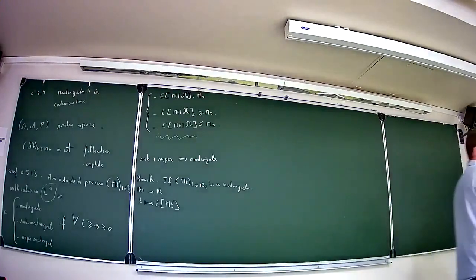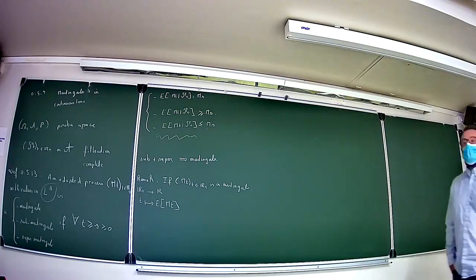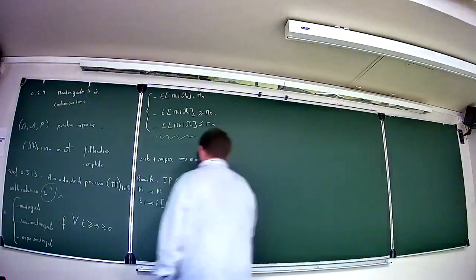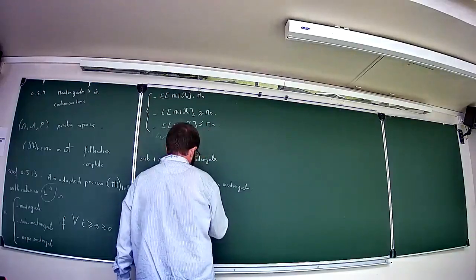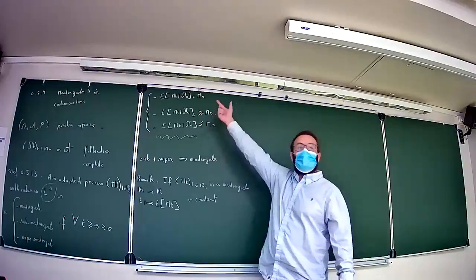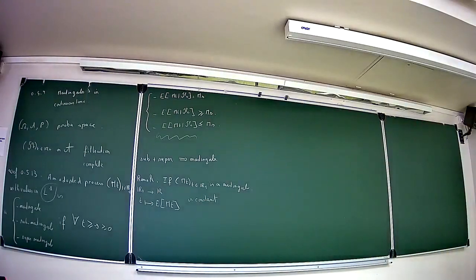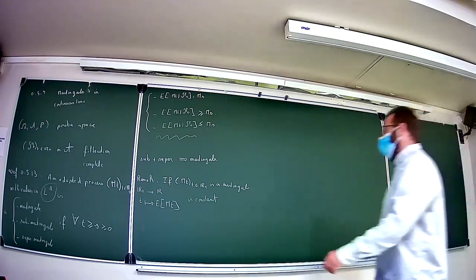What can you say about this mapping if M is a martingale here? It's a constant. And why do you have a constant? It comes from the definition, of course. You can take the expectation on both sides in the equality, and you know that the expectation of the conditional expectation is just the expectation of the random variable. Okay? So this is a constant